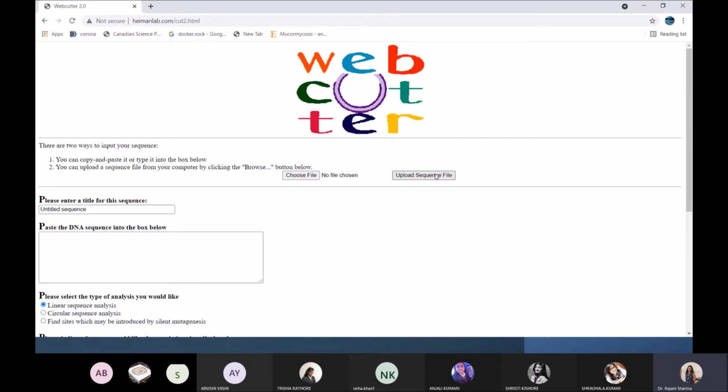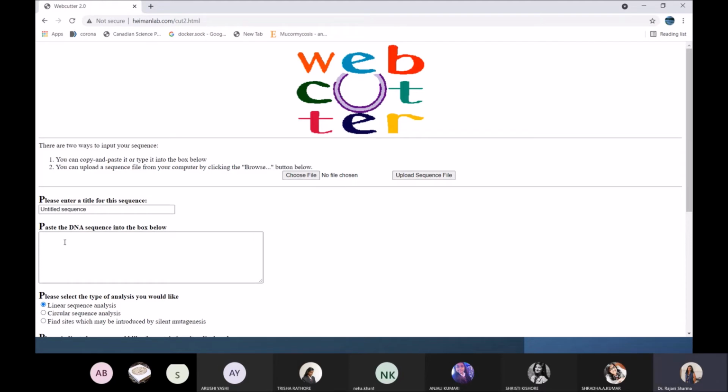So presently I don't have any such sequence. So another way, I will be searching for some sequence from NCBI and will work on that. For the first option, what we have seen, we are going to browse the file where we have the sequence.